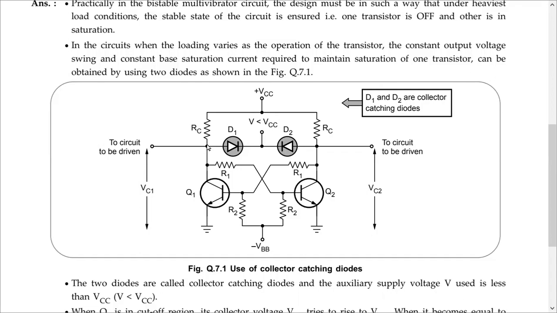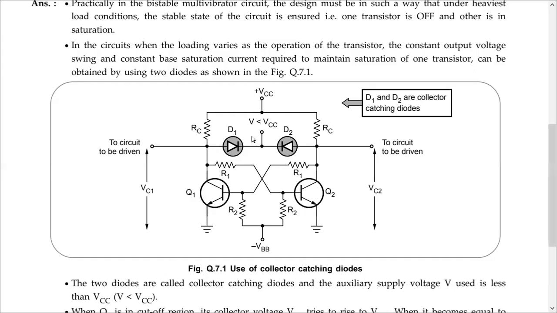So what actually happens is, if you don't have the diode, then the voltage may rise up to VCC. But because we are putting this diode and connecting a voltage here, the voltage at this terminal will not exceed V. At any cost, the voltage here will not exceed V. Remember, we are considering the ideal case: for a diode, when it is on, the voltage is 0. Practically, it is 0.7 volt. Anyway, we are discussing the ideal case.